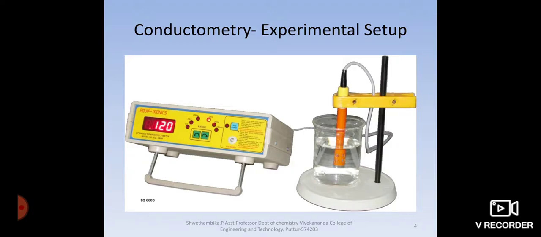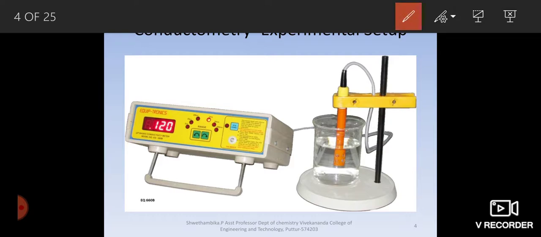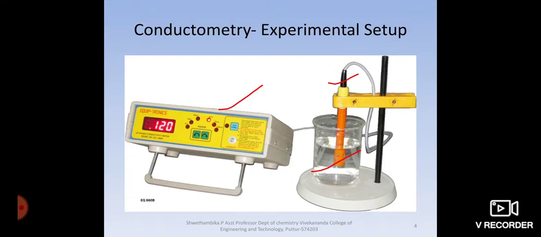Since the conductometric analysis you have already done in the lab, let us just brush up the memory and continue with the discussion. So this was the conductometer used, and you had a conductivity cell which was used to measure the conductance, and any analyte was taken in the beaker. Of course, you had an apparatus where the burette was fitted and titrant was taken in the same. Now let us see the principle of conductometric analysis. Then we have to proceed for instrumentation. The detailed instrumentation we have to study, and then some application of conductometric analysis must be studied.